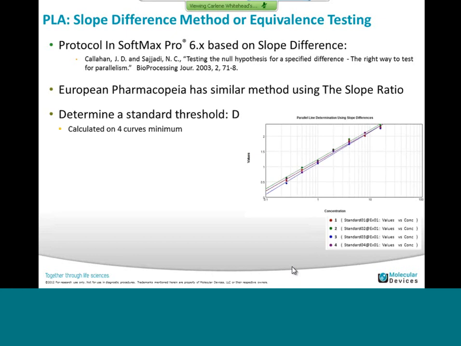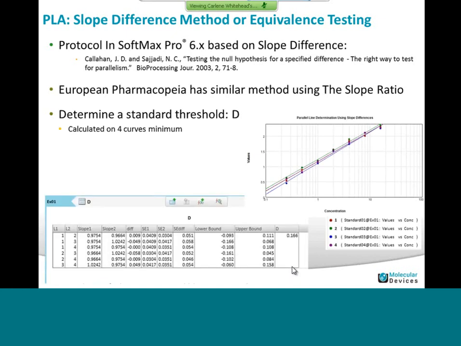This is calculated on a minimum of 4 curves, and the protocol has all the calculations done for you. It will calculate the standard error, the difference between those errors, and the lower and the upper bound. So it will calculate the larger absolute confidence bound. The formula for D is the maximum of the standard error multiplied by a risk multiplier, which is 2. In the protocol, this becomes the acceptable variation between the test curve and the